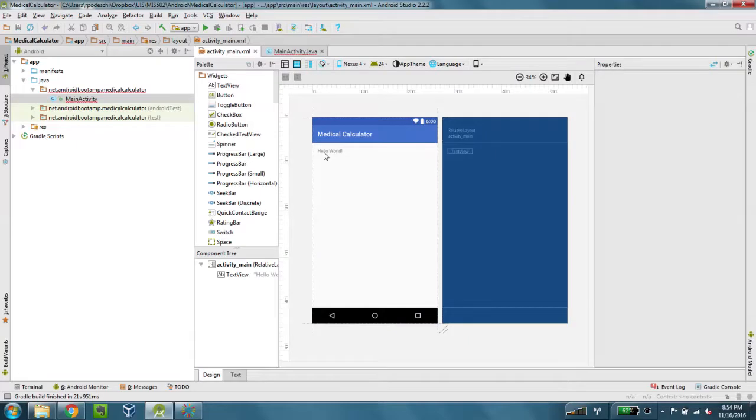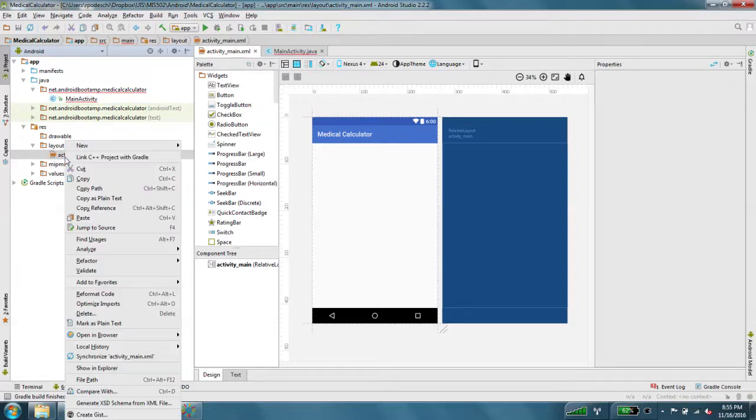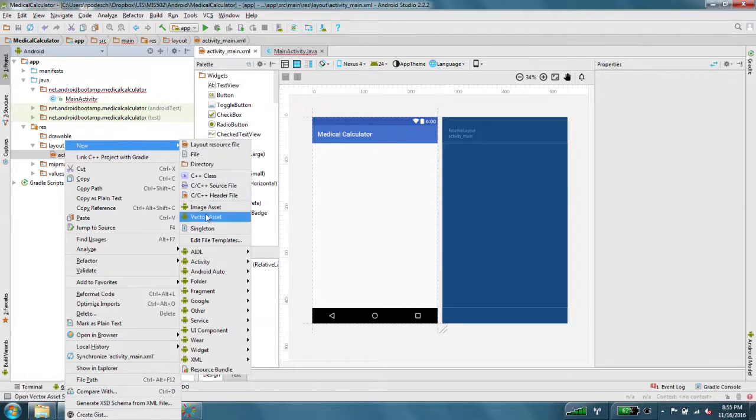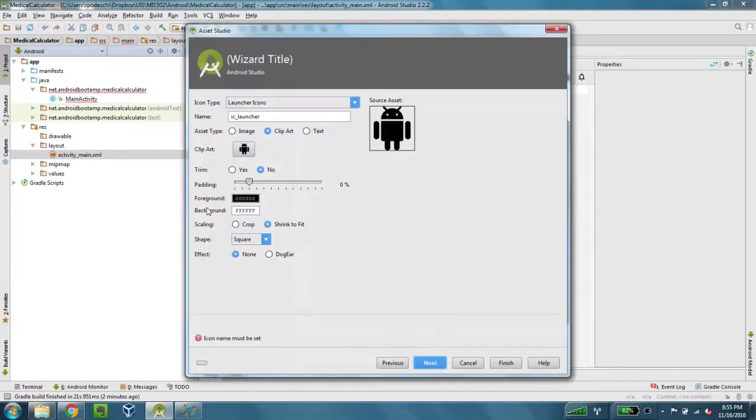files. Okay, we're going to delete our Hello World application, our text view control, and then under our res folder, our layout and activity main XML file, new image asset,